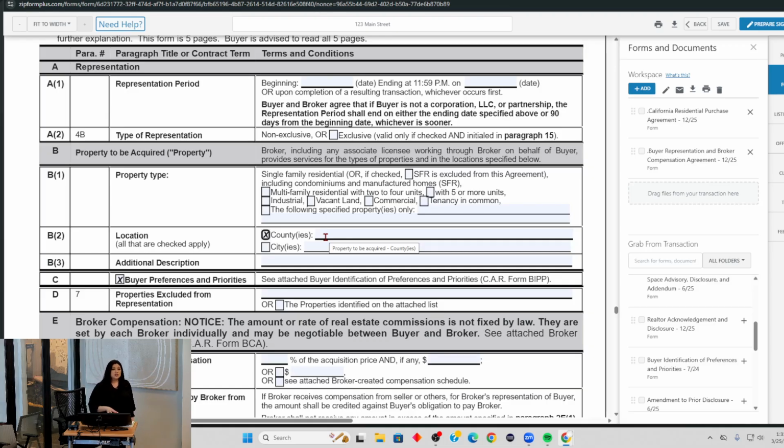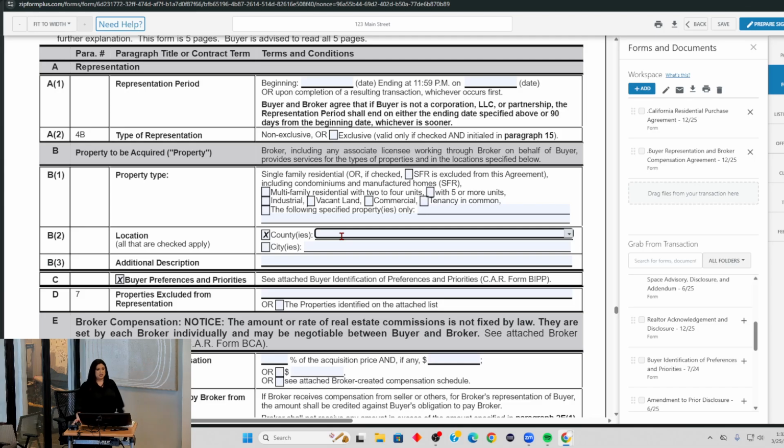So depending on what's on here, whatever you negotiated with that buyer is what's going to be in effect. But I'm just trying to protect you: if your buyer is even contemplating Ventura County or Orange County, just